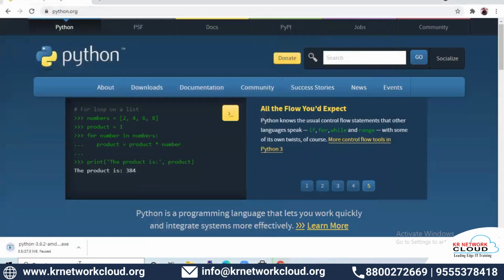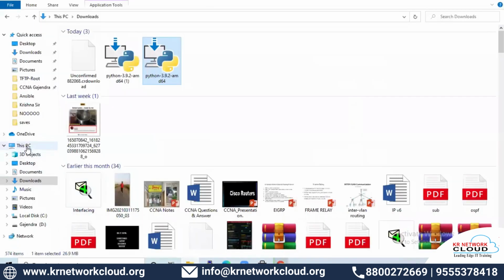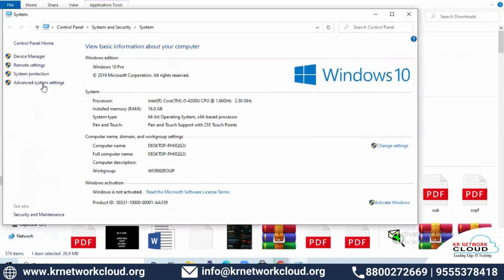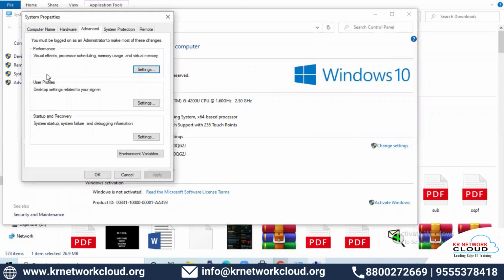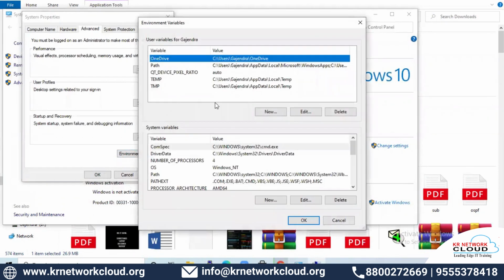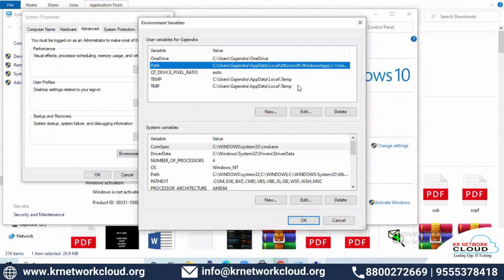And now search for system advanced settings, or you can right click on This PC and go to properties. You will get advanced system settings. Once you get the advanced system settings, in the advanced option, you have environment variables. Go to the environment variables, click on path.